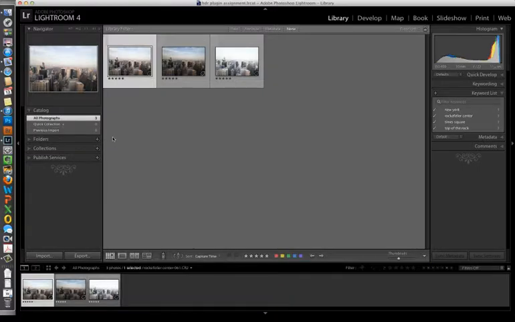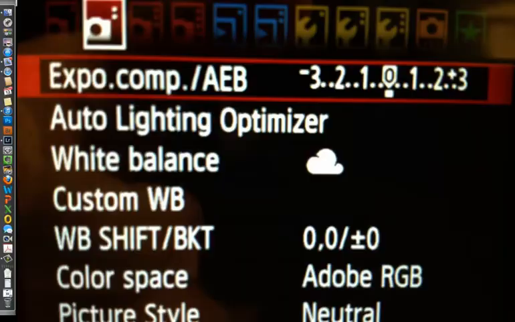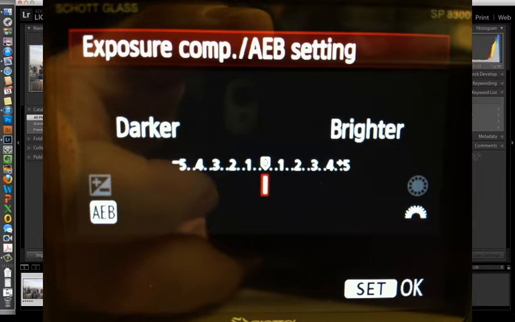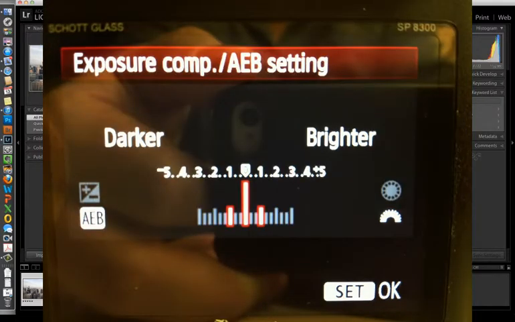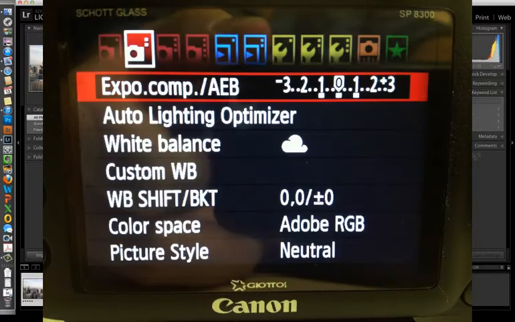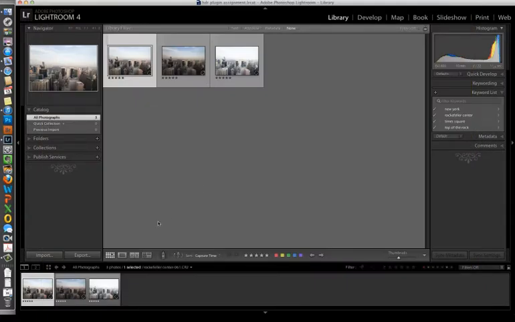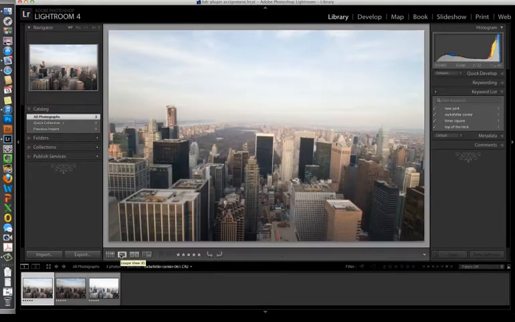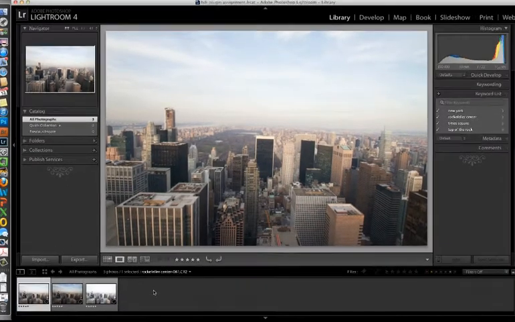As we can see here, I've already shot 3 versions of the same image and downloaded them to my laptop. Most of the time I find that a full stop increment above and below the proper exposure is a productive range. As seen in the snapshots of my exposure compensation settings in the menu of my camera, this allows me to shoot the 3 exposures in rapid succession without having to change the settings. As you can see, this has given me a pic that is underexposed,